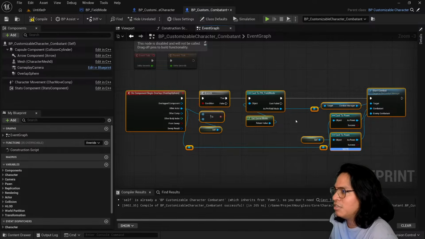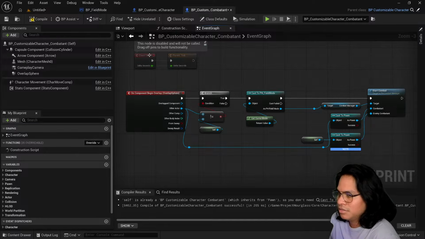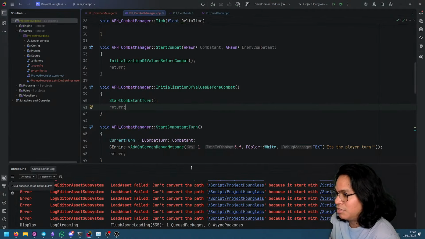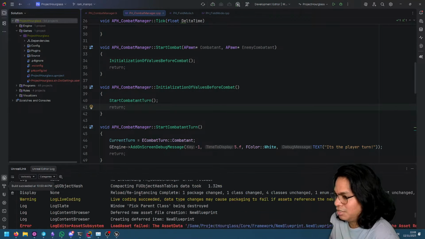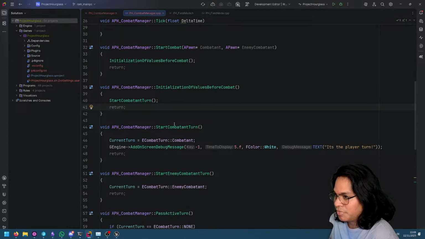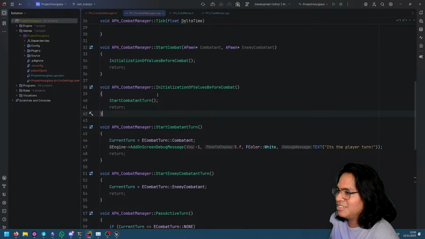The way that we are starting the combat, just so I don't forget. Here in C++, can I convert? I'll just ignore that. Here in C++, I